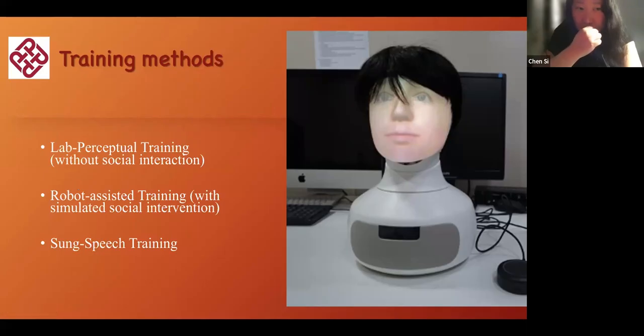So we think we probably should start with lab perceptual training if we hypothesize that they might have some problems in mapping acoustic cues with information structure. Then if we can change their mapping, probably they will be able to use some prosodic cues to mark focus. And this training is designed without social interaction.